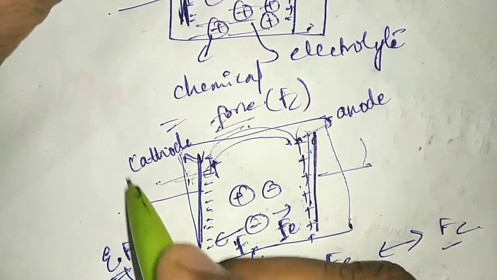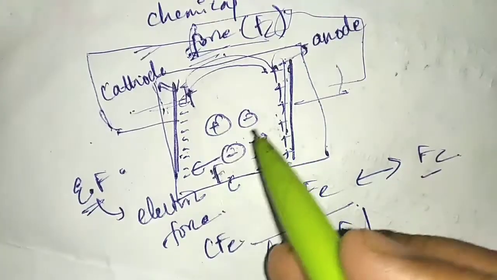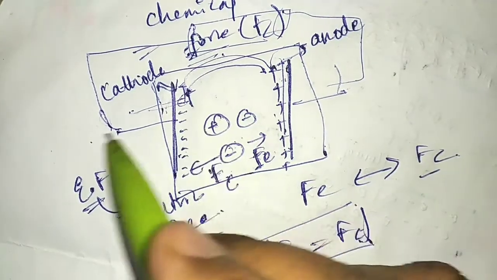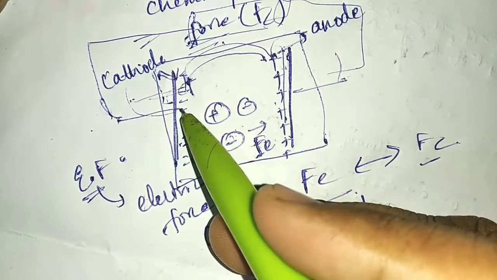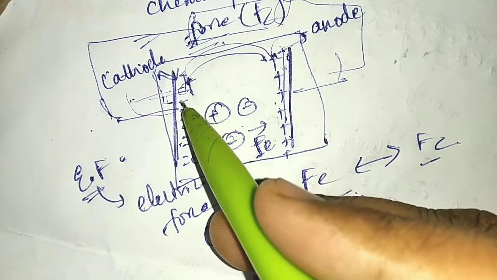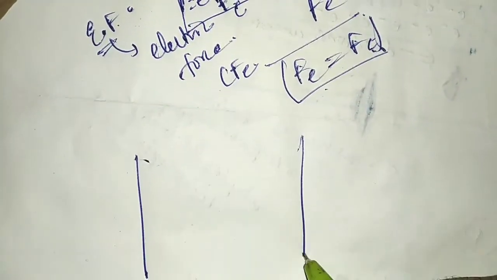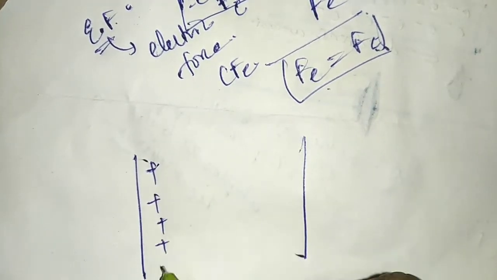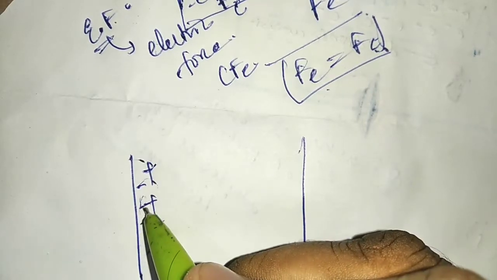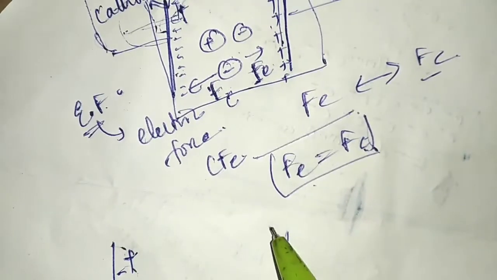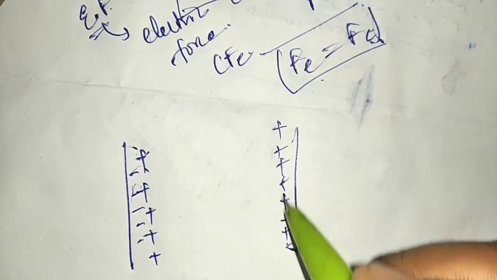Now I already told you that when I connect the conductor to the battery, what will happen? When I connect to the conductor, the charges start flowing throughout the conductor, the electrons start flowing throughout the conductor, and positive charge will come and stick to this plate. Let me explain here students. Let me say that here positively charged came and has been accumulated here, and this is my anode side here, and here negative charges are slowly accumulating.